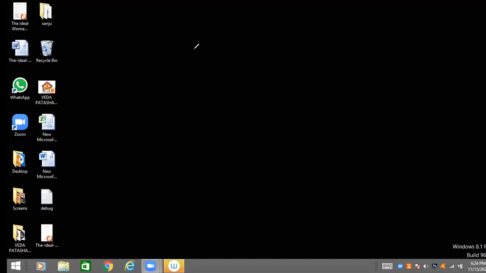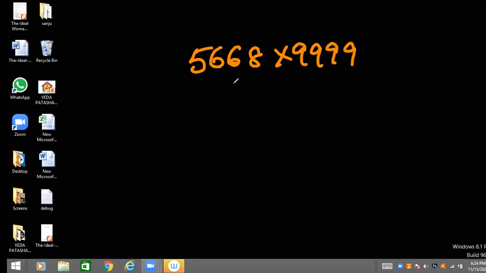Let me tell you one trick, the Vedic method. This is called the equal number of nines method. It is nothing but counting how many nines there are on the right-hand side. Anand, how many? Sir, 4. So we can take any four-digit number on the left-hand side. For example, if you have three nines here, we can take any three-digit number. If you have two nines here, we can take any two-digit number on the left-hand side.